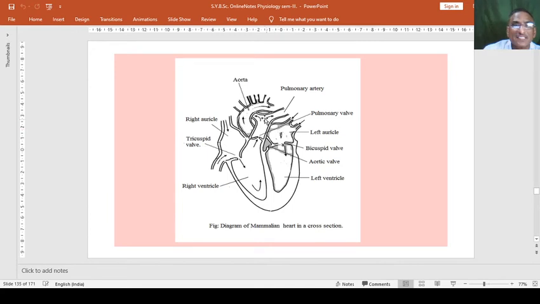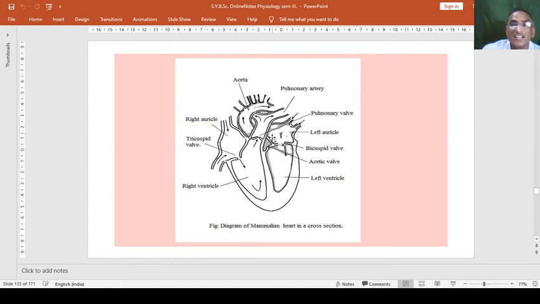So yesterday we learned about the heart and its chambers. The anterior two vessels are sending the blood to the pulmonary artery, that is, to the lungs, and this is the main aorta. Actually it arises from the, we will see later on about the aorta, but we will study it in the next slide.